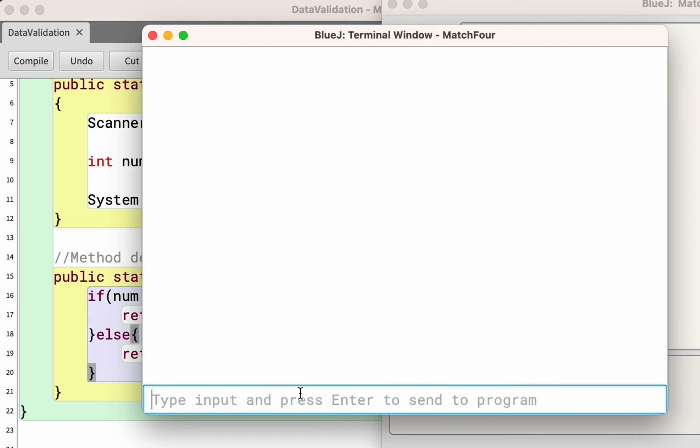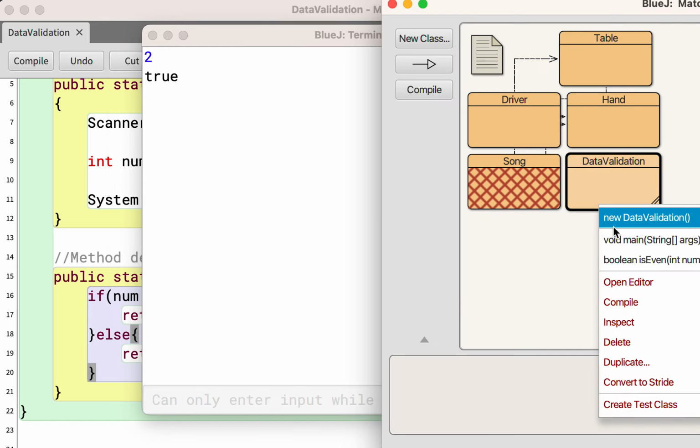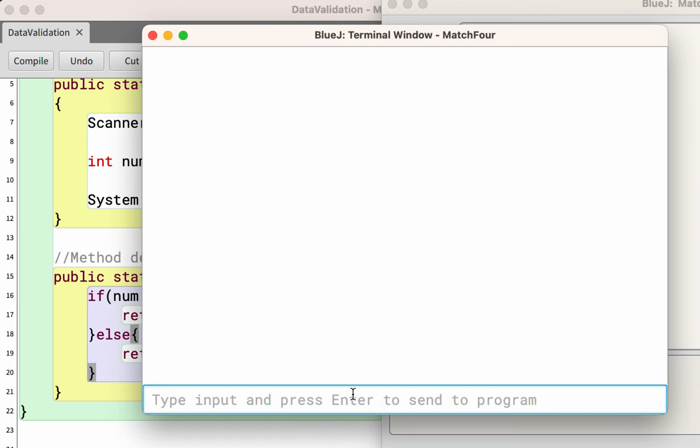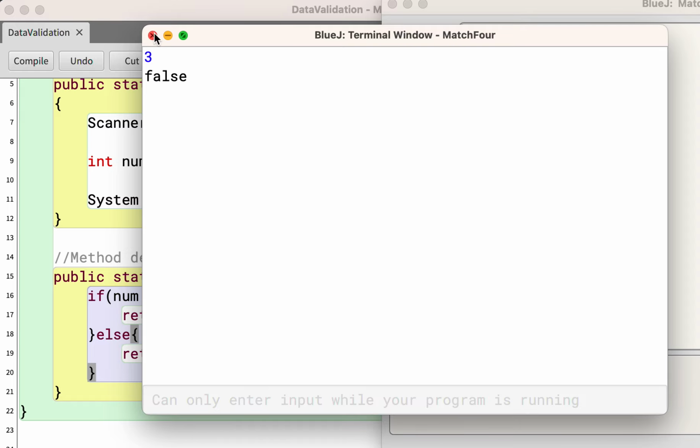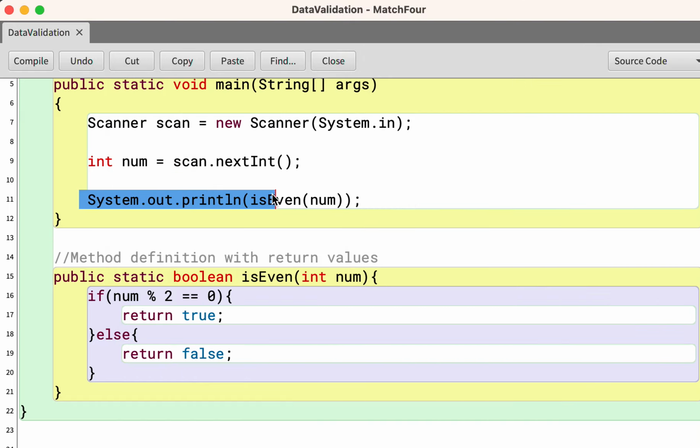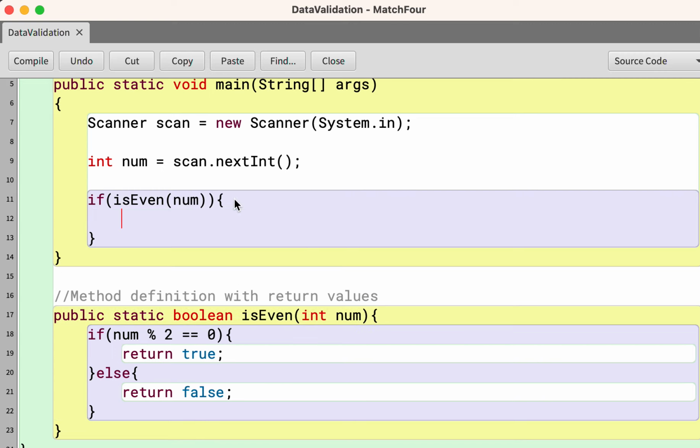Okay. So let me go ahead and run this, show you how it works. I'm going to type in 2, true. All right. I'm going to run it again. I'm going to type in 3, false. Okay, so it works, right? And it's printing out the return value of isEven. But the cool thing about method definitions that have boolean return values is that you can use them in if statements. So I could say if isEven returns true, then I'm going to